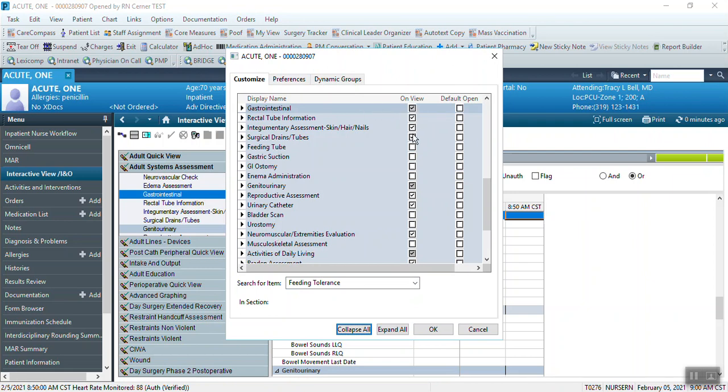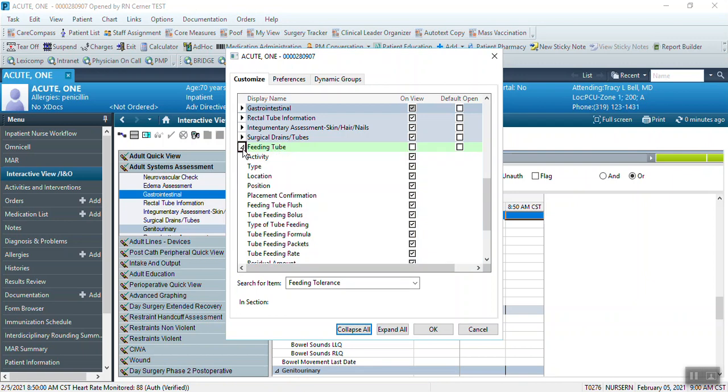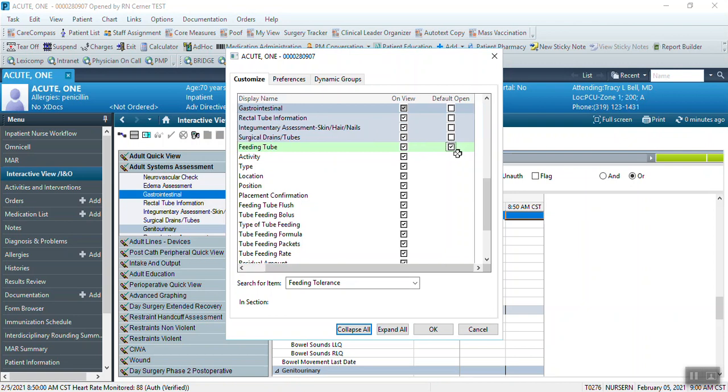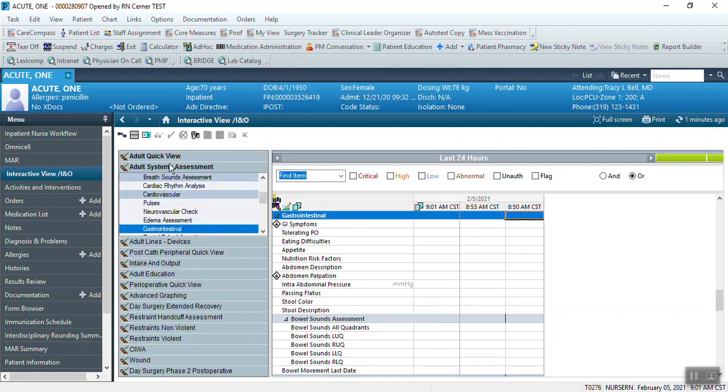If they have a check in a box, it means that it's added in already. Items that are gray with the check in the box means they're required and we can't remove those. However, there's my feeding tube. You see that? So I'm just going to go ahead and select that, and I like things just to default open because I'm about less clicks, so I'm going to check that. Then it's going to go ahead and put check marks in all the boxes associated with that feeding tube section. I'll go ahead and hit OK, and now I have a place in the Adult Systems Assessment band to chart